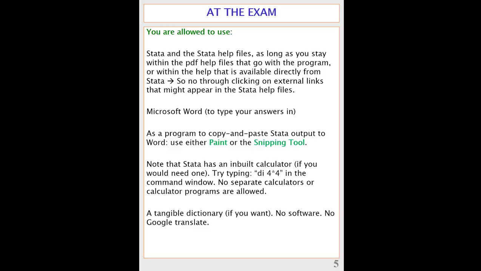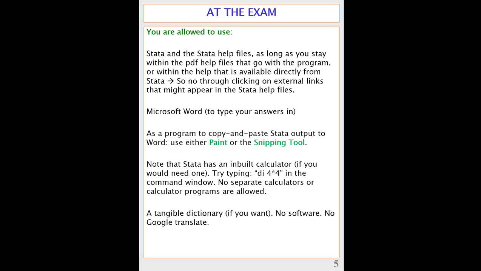This is convenient if you have output from Stata that you want to copy and paste in the Word document, and you could try your luck, perhaps simply copy and paste, so Control-C and Control-V might work as well, but this doesn't seem to work very nicely on all machines for reasons unknown to me.